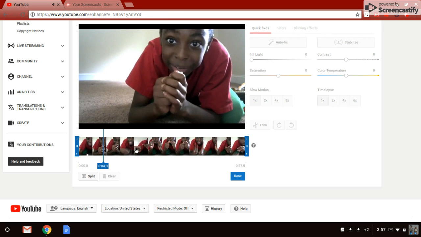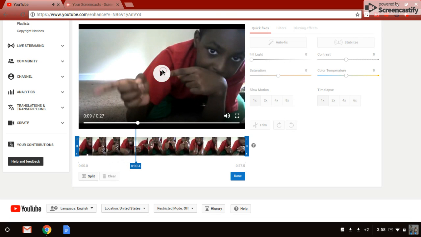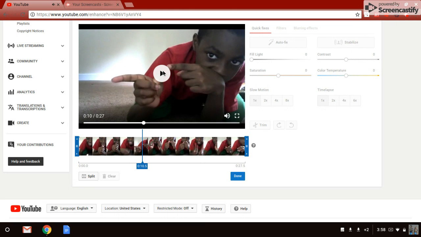So look, once it gets to right, as you see, it said video. So I paused it right here, and you can click split where you want to trim. So click split, and you should see something with arrows, two lines, and another arrow. And yeah, so if you're trying to trim it to cut the part out or to just skip through your video, all you have to do is